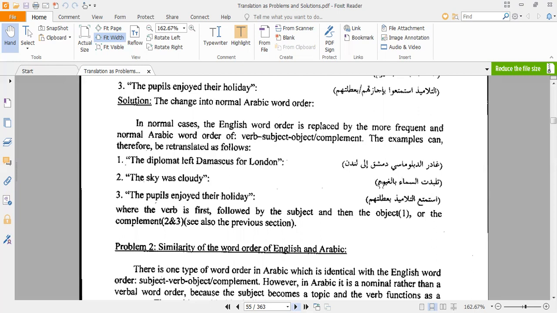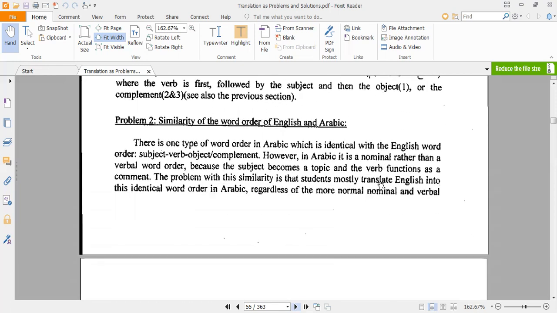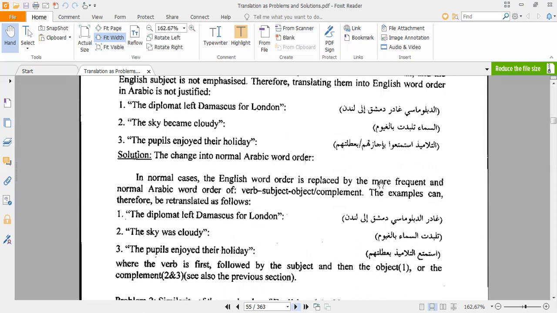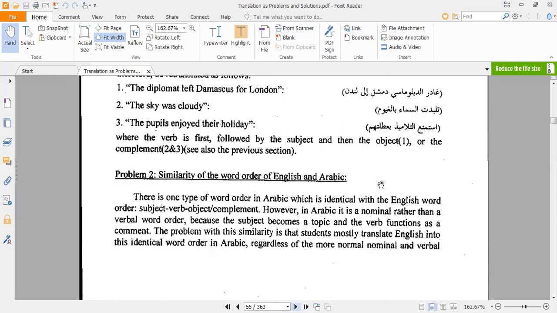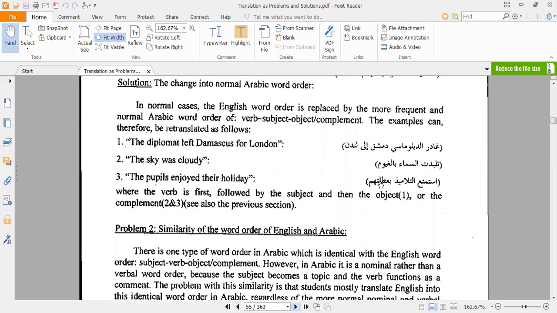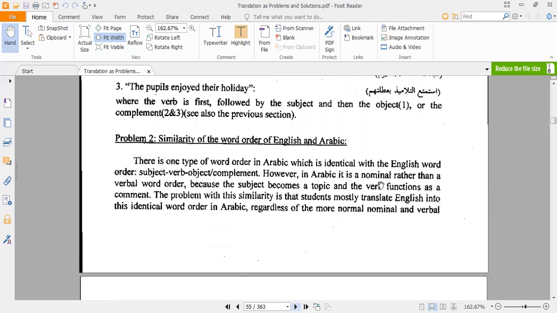وبالتالي بحكي verb plus subject. غادر الدبلوماسي، تلبدت الغيوم أو تلبدت السماء، استمتع التلاميذ. أوكي. ولكن for emphatic purposes، يعني فقط لأغراض التركيز أو تسليط الضوء على الفاعل، في هذه الحالة أنا بقدمه. لو بدي أسلط الضوء عليه بقول الدبلوماسي غادر دمشق. لو أنا بدي أسلط الضوء على الدبلوماسي نفسه أو على الفاعل، فأنا بقدمه على الفعل في اللغة العربية. ولكن without emphatic purposes the ordinary structure is غادر, or verb plus subject. Okay. Now,